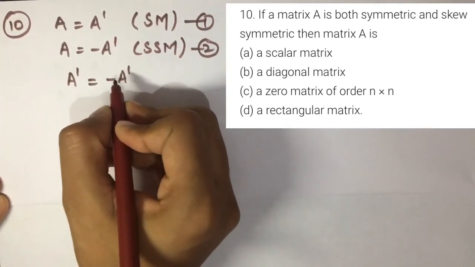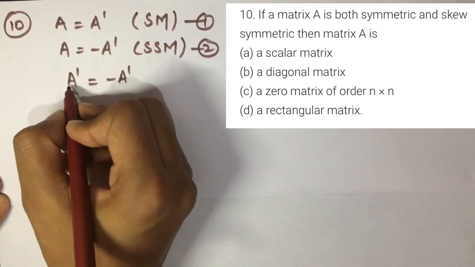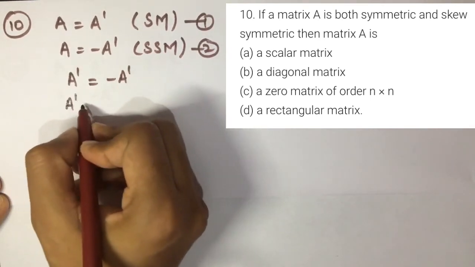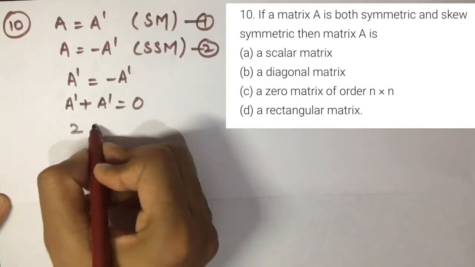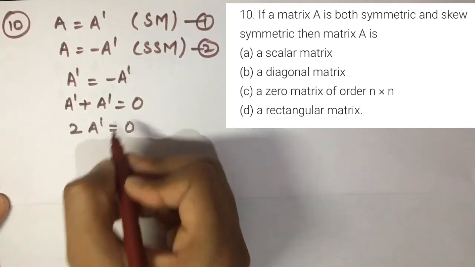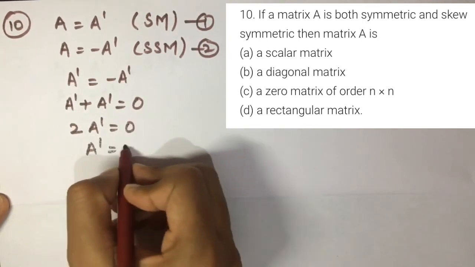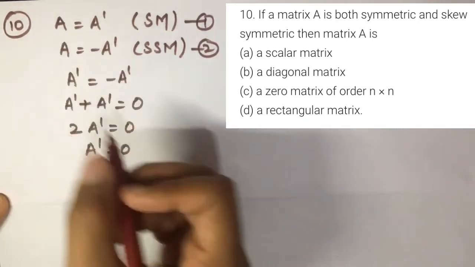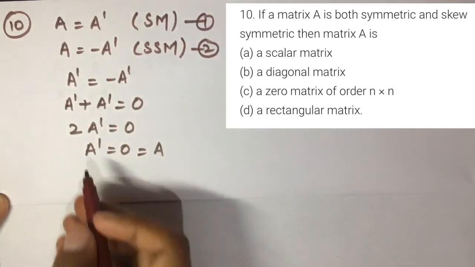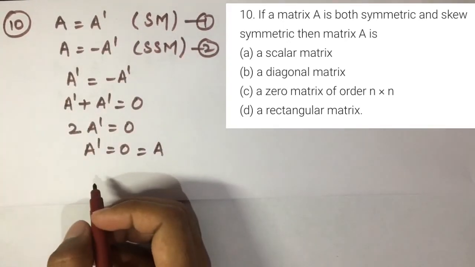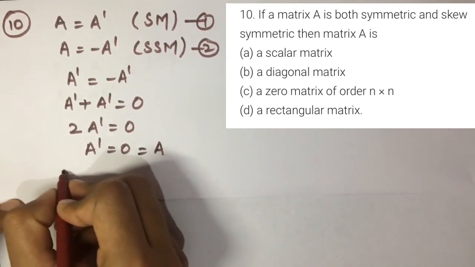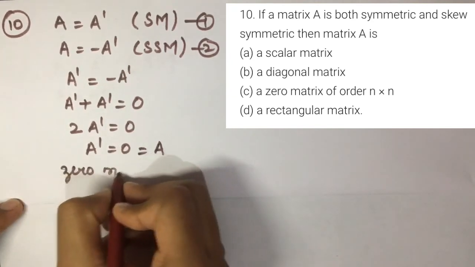If we shift minus of A transpose to the left hand side, we get A transpose plus A transpose is equals to 0, and we get 2 times of A transpose is equals to 0. A transpose is equals to 0. So A is also 0, because A transpose is equals to A. So this is only possible when the matrix is a